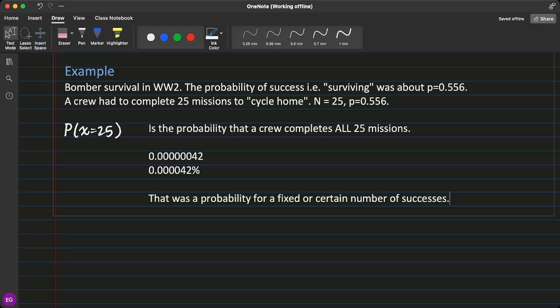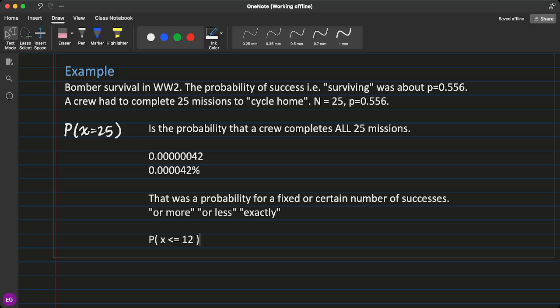So we can start looking at things that include language such as or more, or less. We did an example with exactly. Exactly is when you say, I want to know the chance of completing exactly 25 missions. So let's look at the or more or less. What is the probability that a crew had 10 or fewer successes? Actually, what's the halfway point with 25? The halfway point of 25 is 12 and a half. So what's the chance that they have